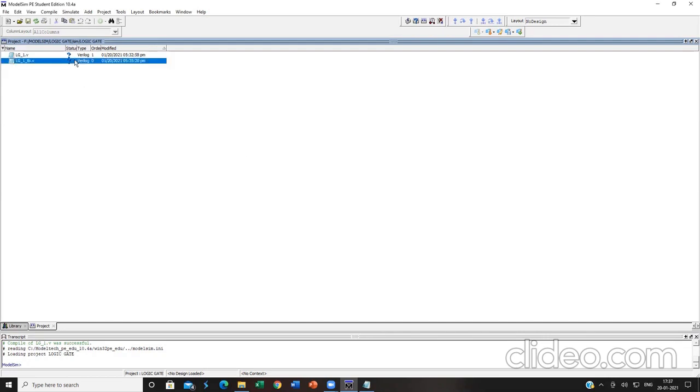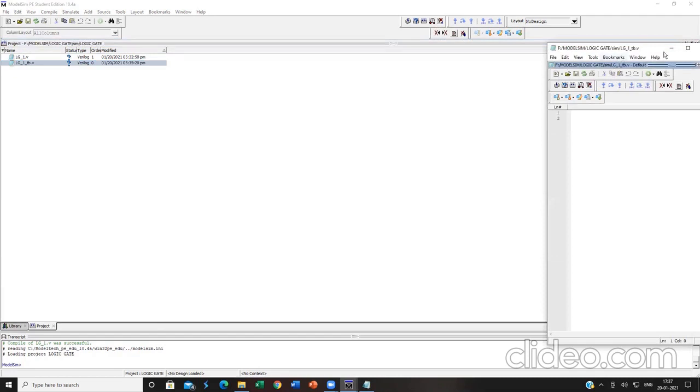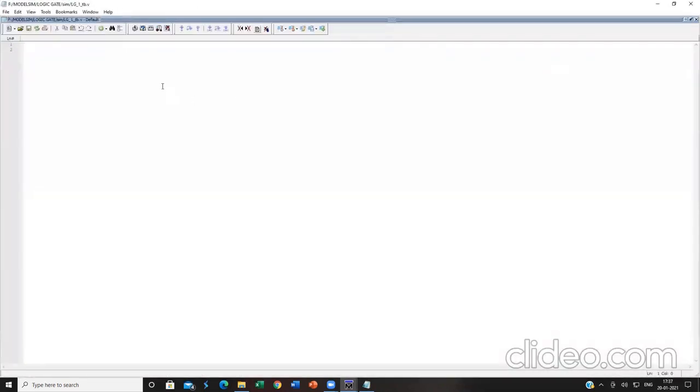Now what you do, right click this test bench file, click on edit. So the test bench coding window will be opening in Notepad. That is one of the main advantages. We do not have a specific editor window for this. Notepad will be the editor over here. So module. Here also, the name of the test bench file that you have created and the name of the module must be the same.